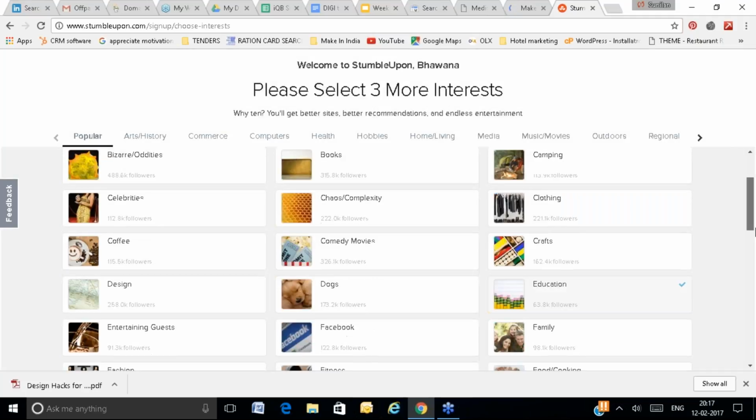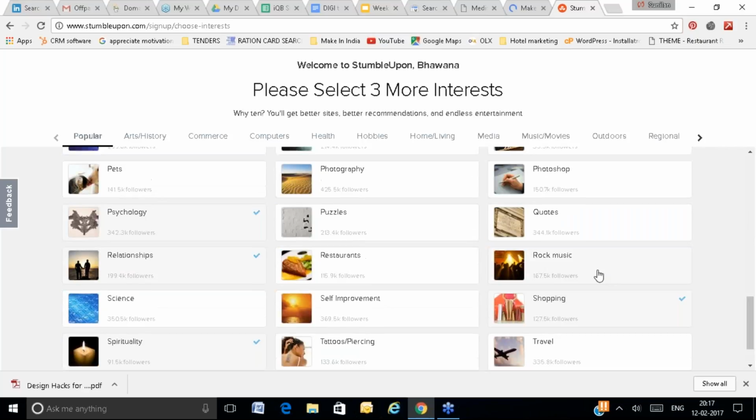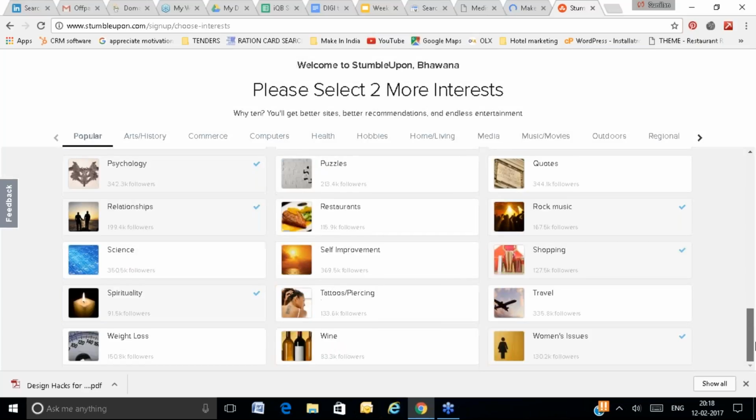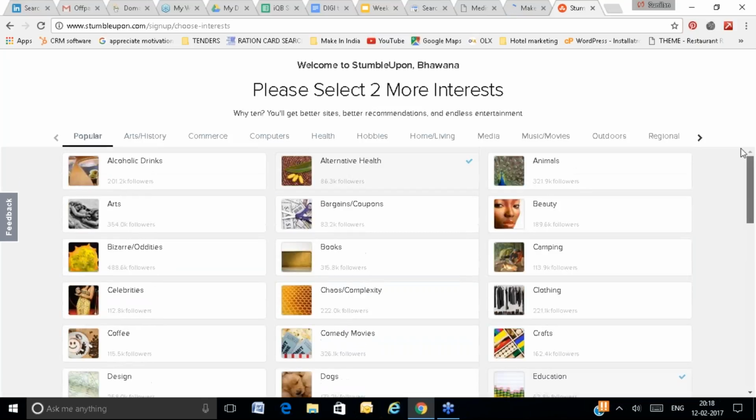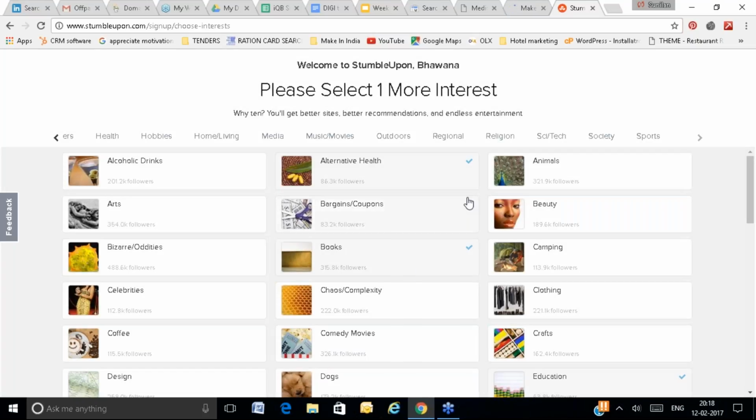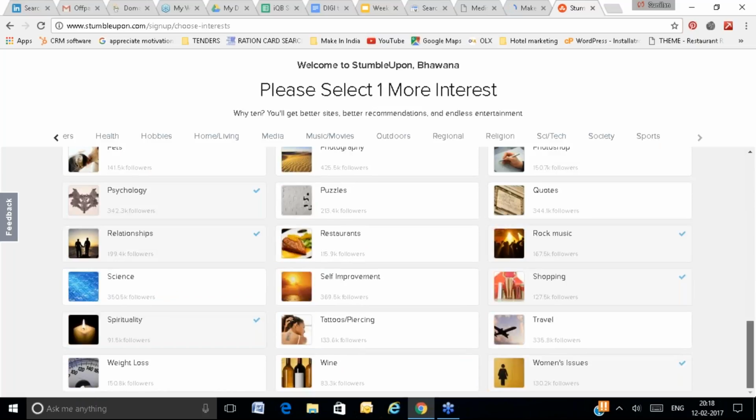So this is one of the websites. That way, if you are doing bookmarking on a daily basis, you have to create daily 10 such accounts. All right, so we have selected, then why is it not showing? Once you have selected the 10, they will ask you to go to the next page.